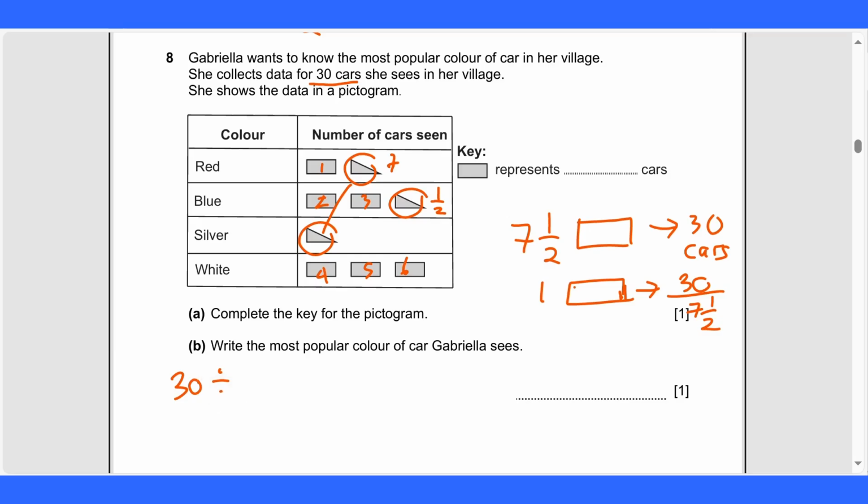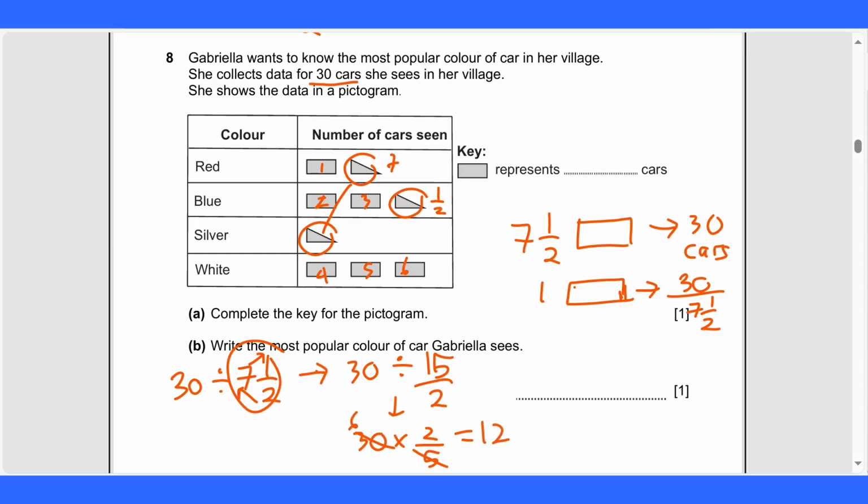we can count this by 30 divided by this one, we change into an improper fraction, becomes 7 times 2 is 14, 14 plus 1 is 15, divided by 15 over 2, and then it equals 30 times 2 over 5, and equals to, we can cross, 30 divided by 5 is 6, 6 times 2 is 12, so 1 unit,